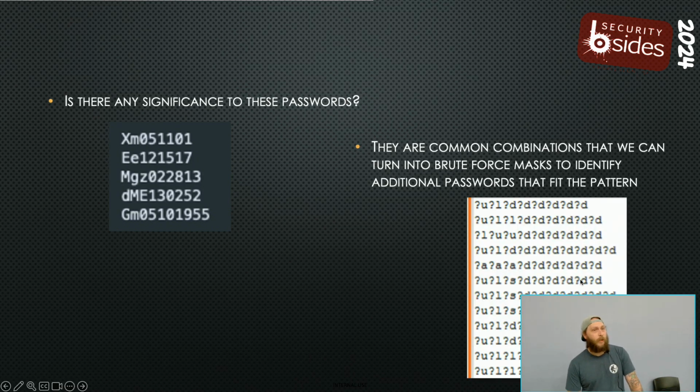Forgot about the video on this one, but this is what a traditional mask looks like, right? So we did all the A's, which is every character: upper, lower, digit, symbol. Here we're saying, hey, start with an upper, then do a lower, follow that by 6 to 8 digits, and it will try every combination of that. So